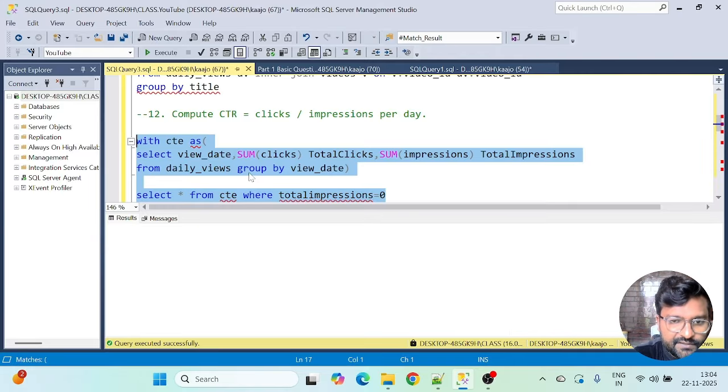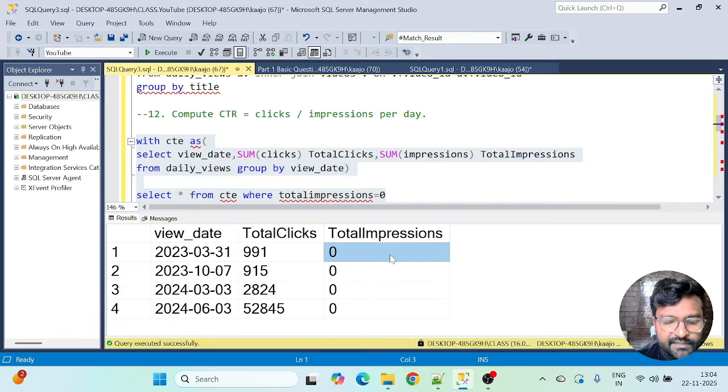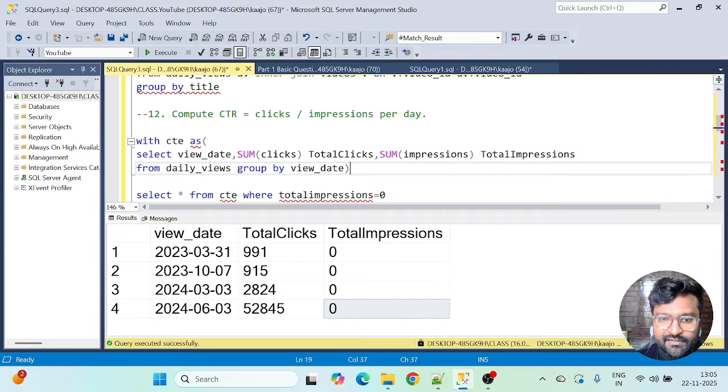I want to see if there is any such record. Yep, you see, so for this day we did not have any. This data is actually weird. Ideally, if we are seeing some clicks, we should have some impressions also. When I took the insert statements, I did not check it, so that's why we are getting this error. Ideally we should not get this error actually.